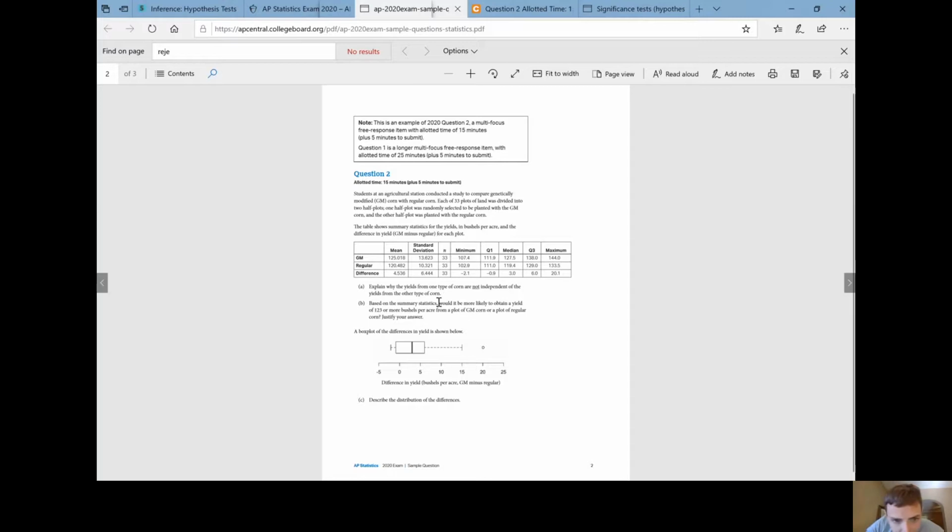And so for the second question here, it says, based on the summary statistics, would it be more likely to obtain a yield of 123 or more bushels per acre from a plot of genetically modified corn or a plot of regular corn? Justify your answer. So I'm going to switch back